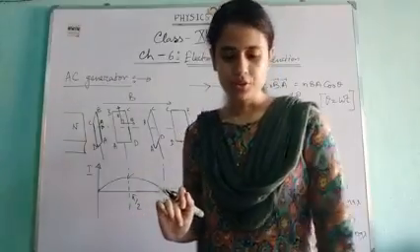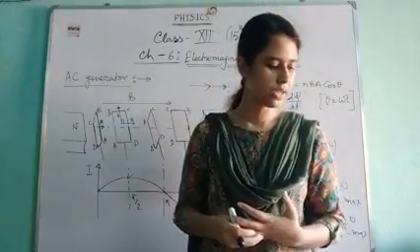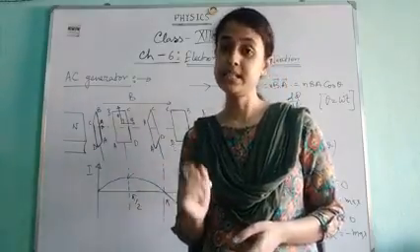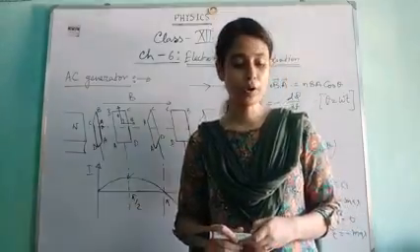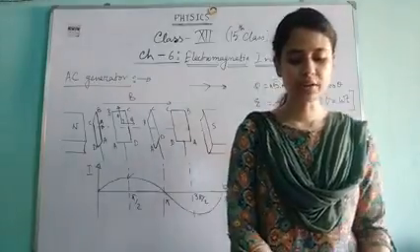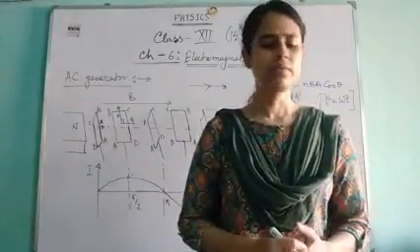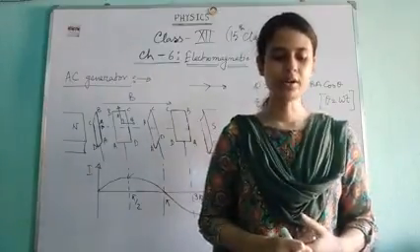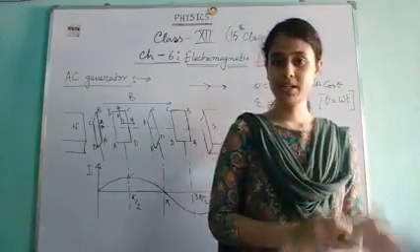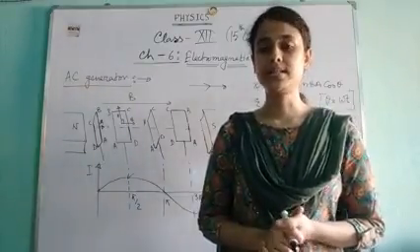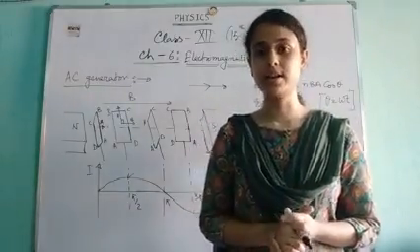Okay. So in our next class, I will be talking about the DC generator or the dynamo. Along with that, I will be solving 1 or 2 problems of this chapter. With that we will be completing this one and move on to the next chapter, that is the AC or the alternating current.